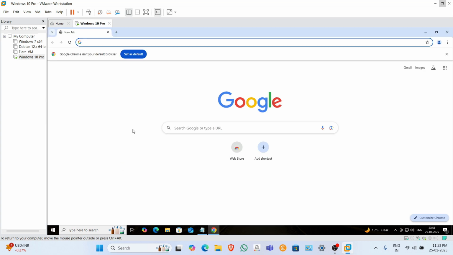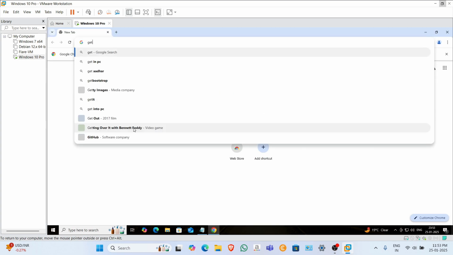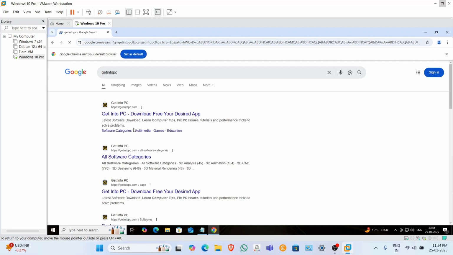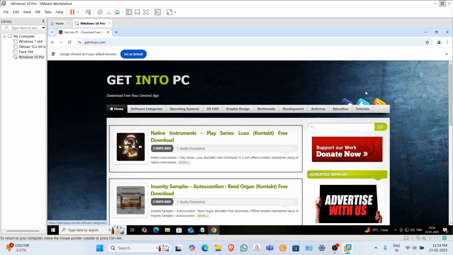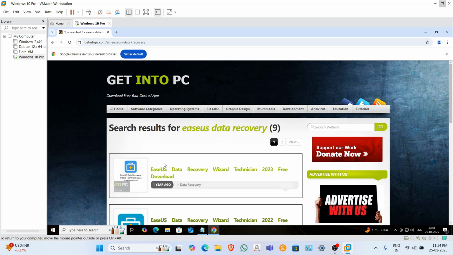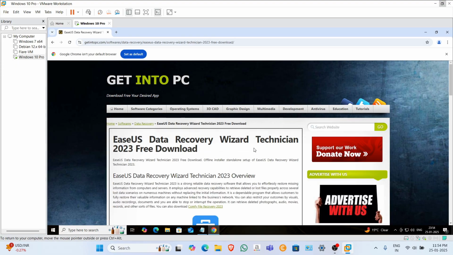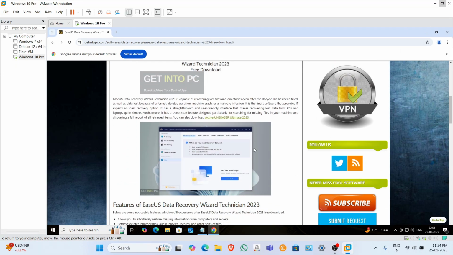Click on Google Chrome and search here "get into PC." You will see an interface like this, all with the same links. Just click on any of the links, go to the search bar and type EaseUS Data Recovery. Click on go, and here you can see EaseUS Data Recovery Wizard Technician. Click on the first one. Now scroll down,